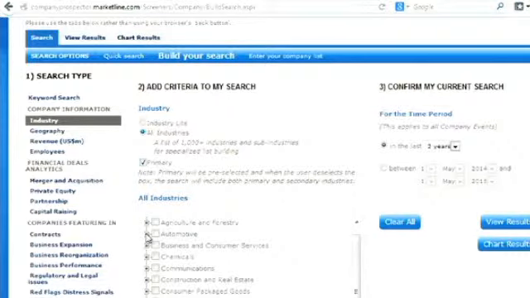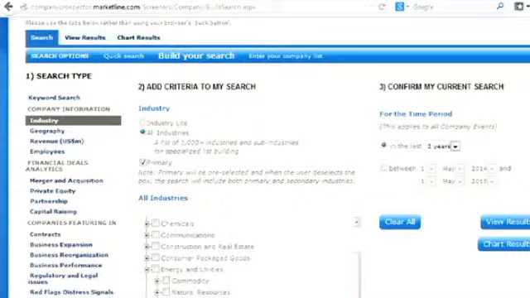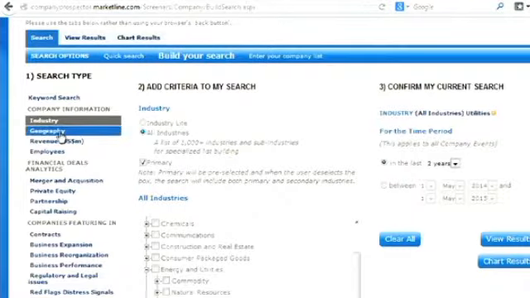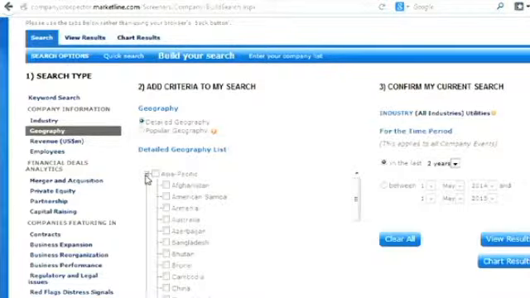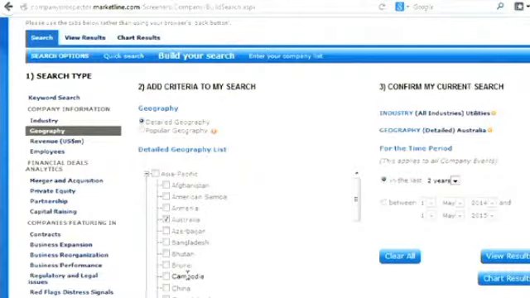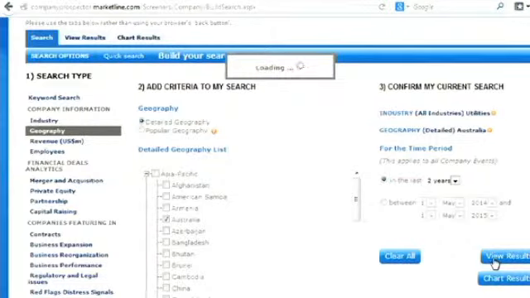So for example, if we go into energy and utilities, and MarketLine is used a lot within that space, and we click on utilities, and then we choose our geography. Again, you can do country comparisons if you need to, but just for now, I'll click Australia. It always defaults to data taken from the last 2 years, which is probably the most useful when you talk about contacts. And then if we view our results here,